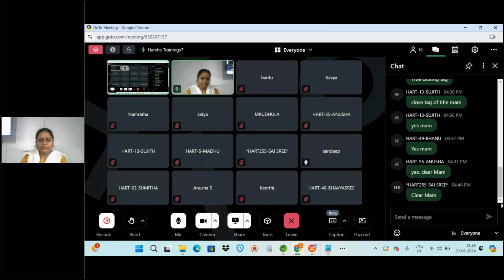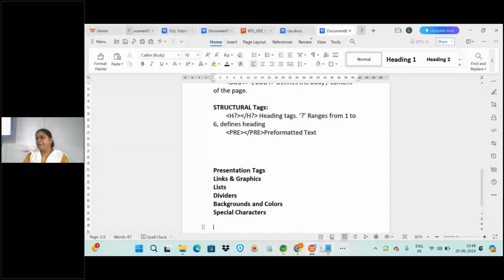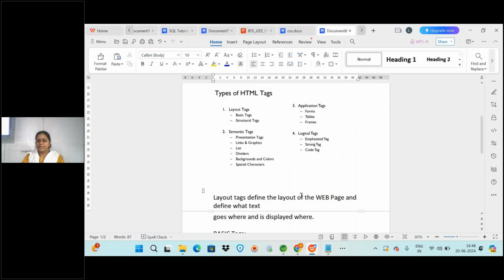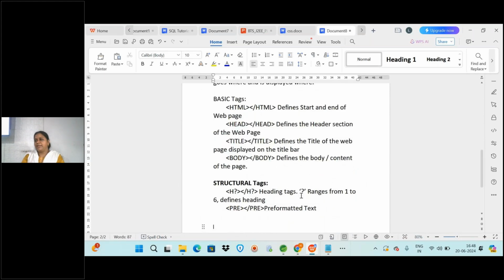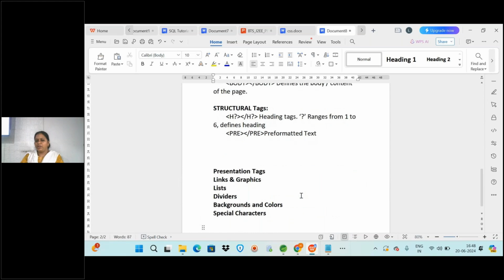So we'll continue the session. Next we will have the presentation tags. We have seen the basic tags and the structural tags, and next we will have the presentation tags. In the presentation tags we will see how to create links, some graphics, and lists of items.